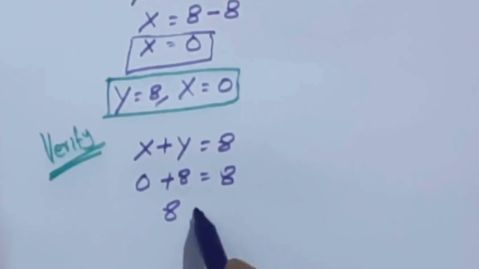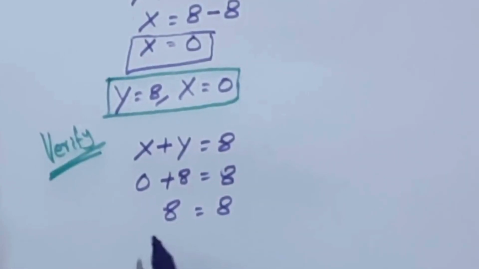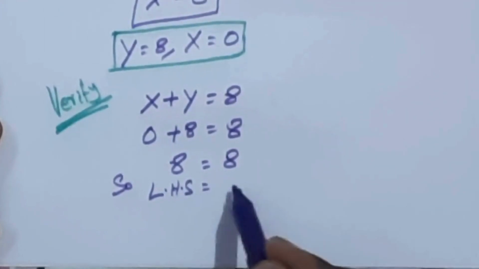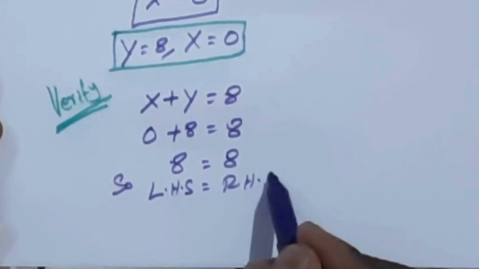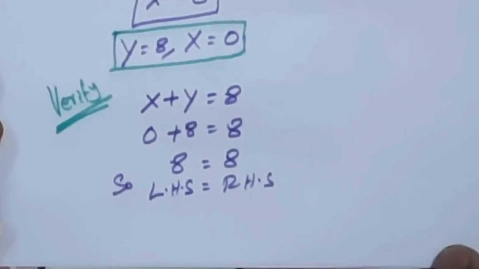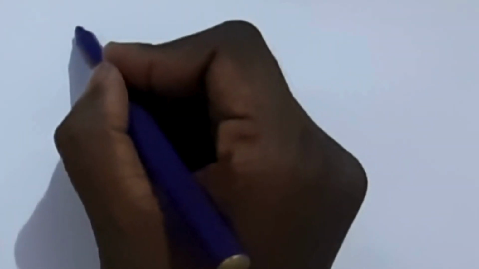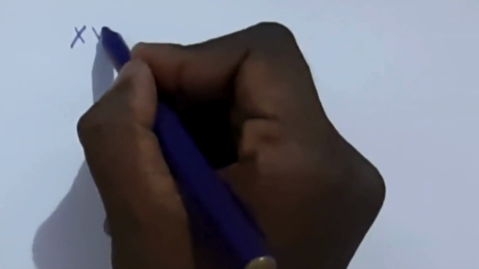Now this is 8 equal to 8. So LHS equal to RHS. Now we are going to verify the same in other equation, that the other equation is x times y